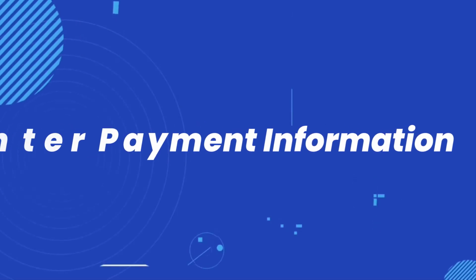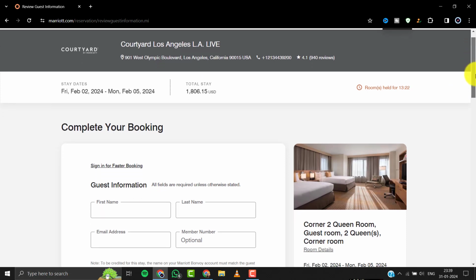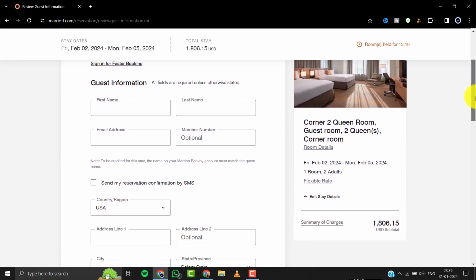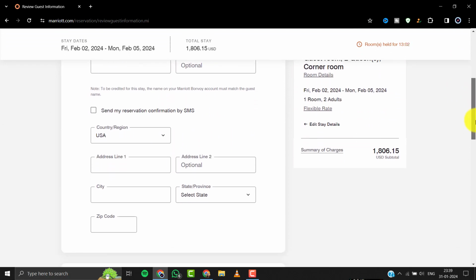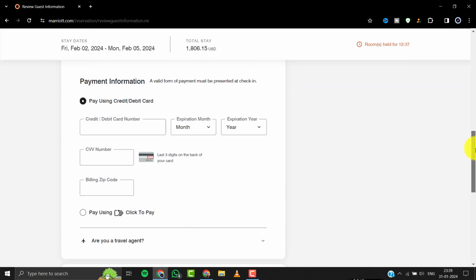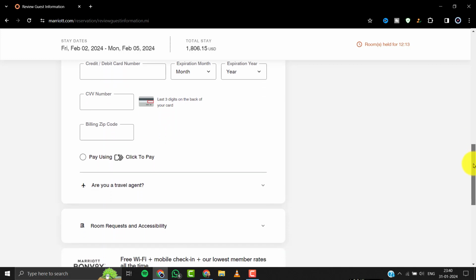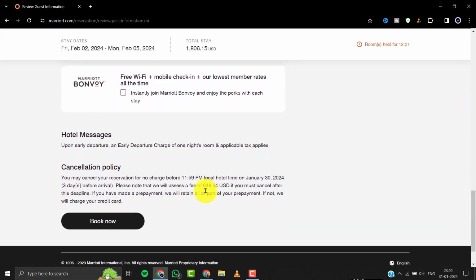Step 5. Enter your payment information. Now over here, you'll need to enter your contact and payment details. Enter your first name and your last name in the guest information section, along with your contact and address details. Once you're done with that, scroll down and enter in your credit card details in the payment section. Once you're done filling all the information, review all the booking details and then click on this Book Now button